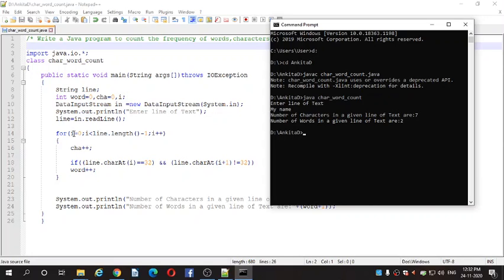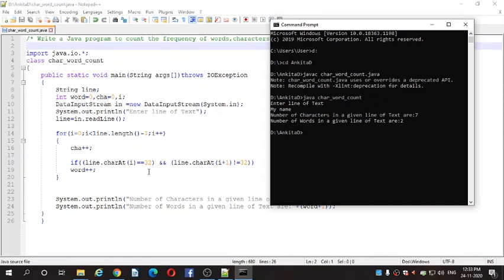Again it will increment the value of i, that is 1. 1 is less than 6, as it is true. Then it will increment the character, that is 2. Then it will again check the if condition, that is line.charAt. It will take the first character, that is Y, is equals to 32?